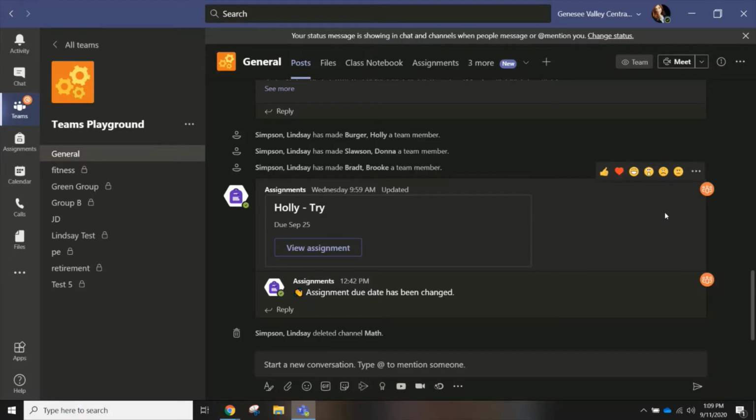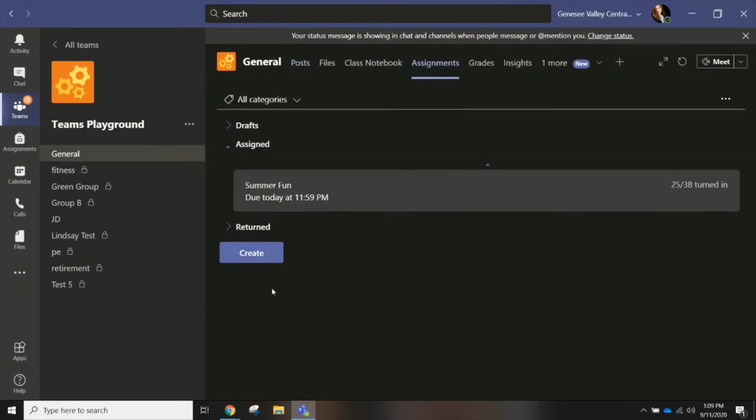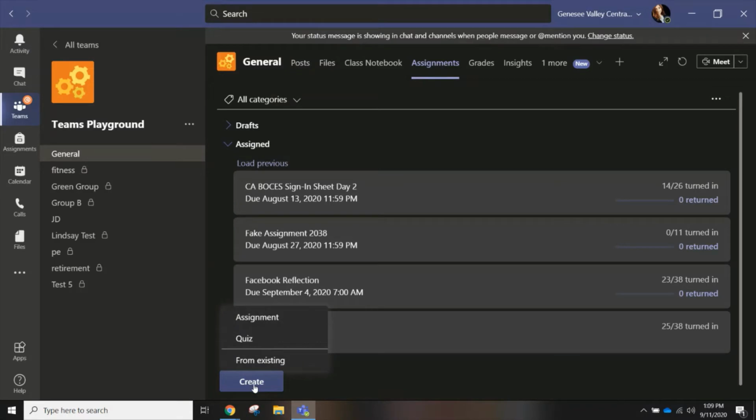Today we're going to review how to create a quiz in a Teams assignment using Microsoft Forms. When you're in your team, you're going to go to Assignments and create a new one. Instead of hitting Assignment, we're going to choose Quiz. Microsoft has chosen to call Microsoft Forms a quiz, but of course you can use this as a quiz or